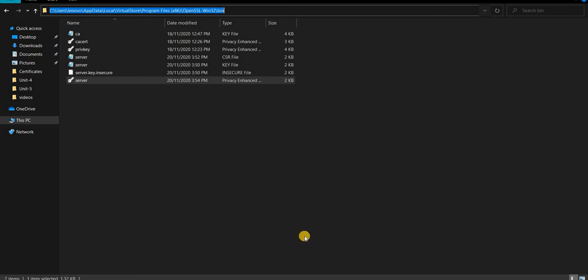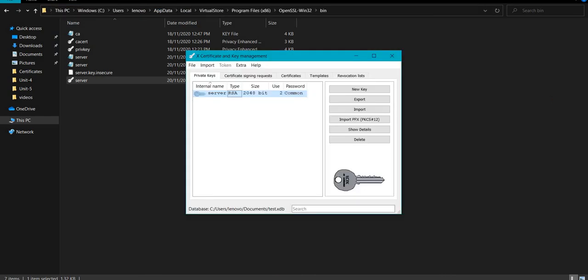Take the screenshot of all the certificate parts, subject, issuer details and the public key, all those details, and submit it into the Google Classroom. Okay, so I hope all of